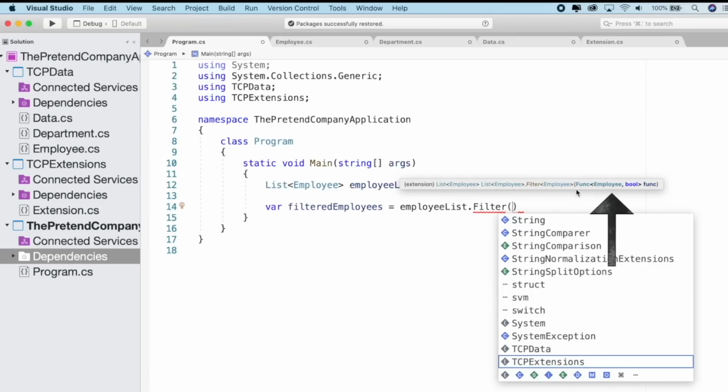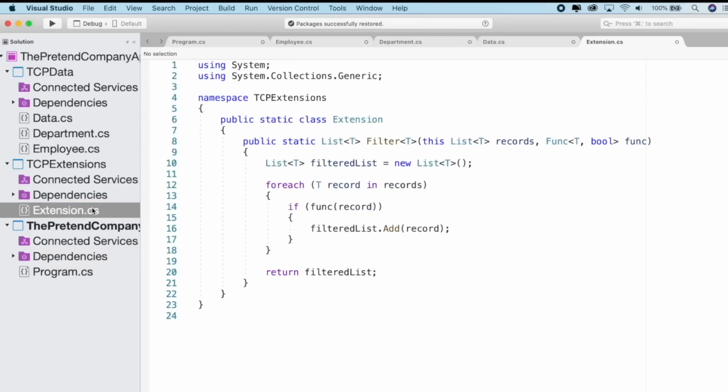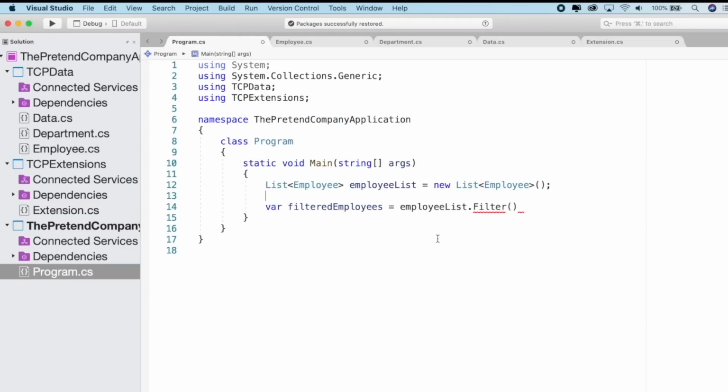So why is the first parameter in the filter method not listed when we open the brackets in this way? Well, the answer to that question is this is how extension methods work. The consumer of the code, i.e. the calling client code, does not need to pass in the first parameter. This is automatically handled behind the scenes, as it were. By default, the first parameter is the object on which the relevant extension method is invoked. So in this case, the list of employees stored in the employee list variable is passed into the filter method